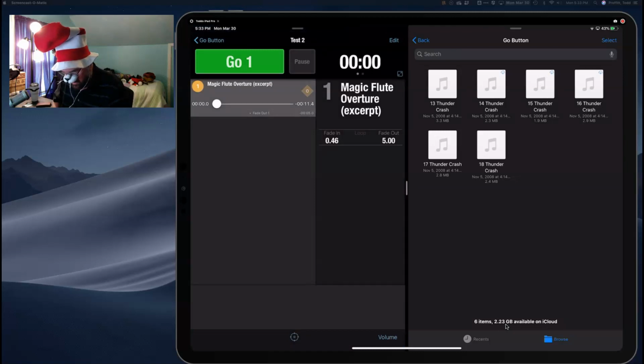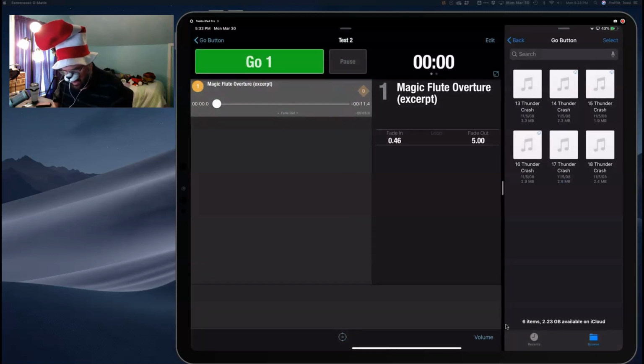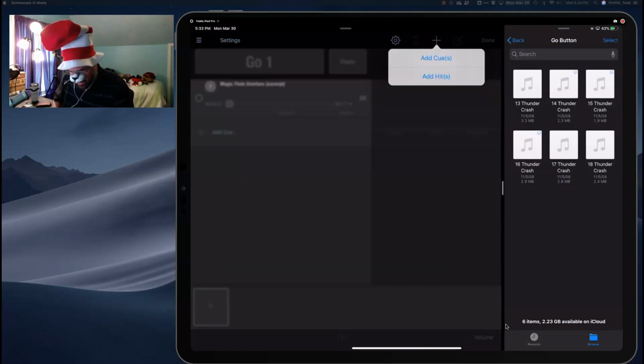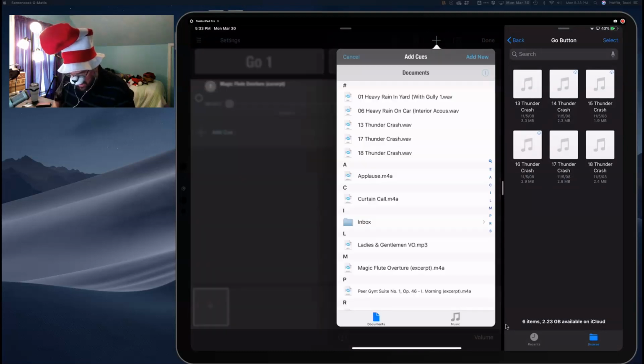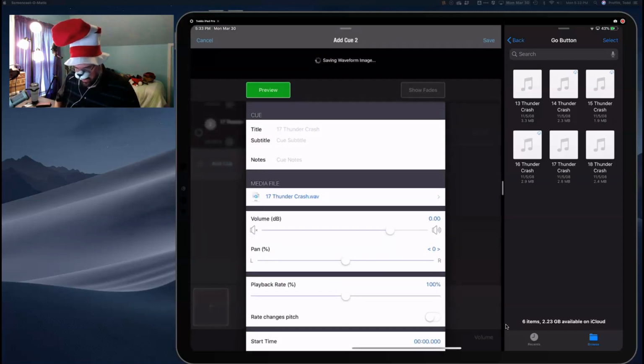cues. If I need, let me pull this over just a little bit, and let's edit. Let's add a cue, and that was Thunderclap 17. It's there now. So now I can add that Thunderclap 17 in there